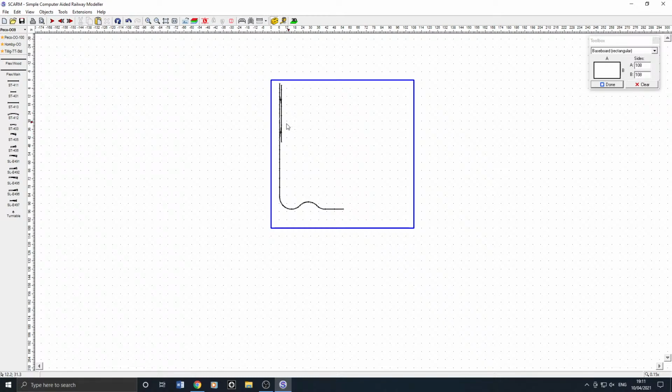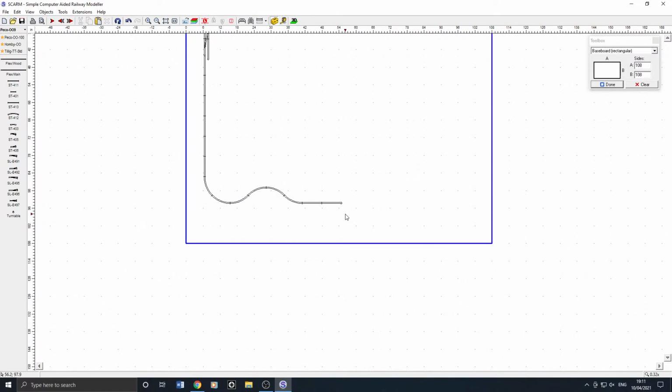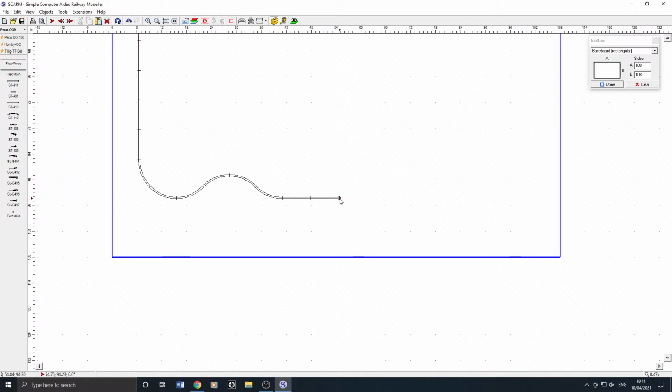I like that. I should be able to hide that bit in the track and then have something coming out here. As the thing with a narrow gauge is it doesn't need to go all the way. It could be a case that it's a preserved line so that